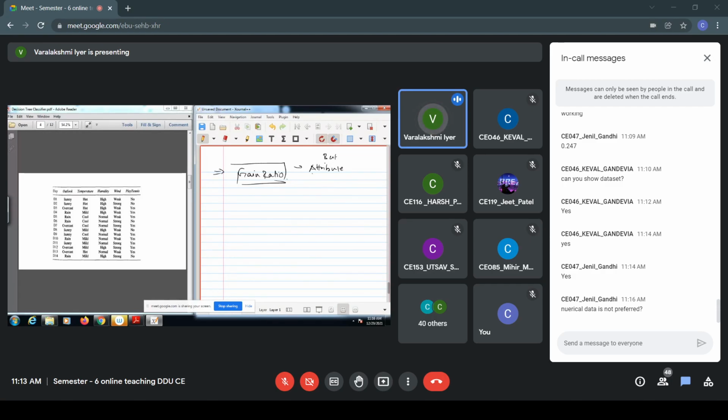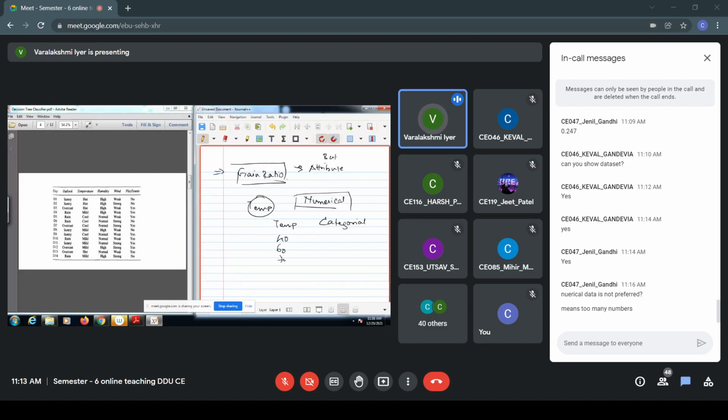Numerical data is not preferred? No, that is not the case. We will also see the case of numerical data. Right now we are dealing with only categorical data. We also have numerical data, like temperature. But if temperature has varied values, for example 40, 60, 70, 80,